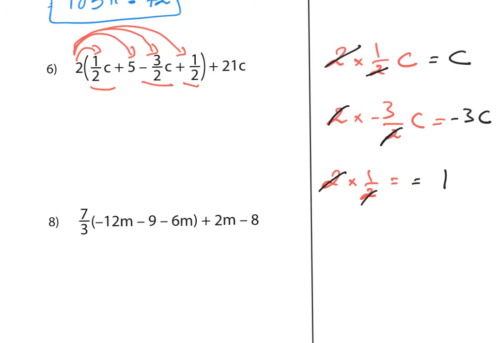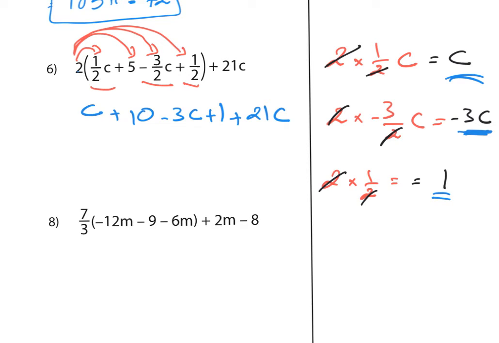So let's do this one here. We have 2 times 1 over 2c, as we got here. That's going to be c, right? And 2 times 5 would be 10. That's easy, right? 2 times negative 3 over 2c, that would be negative 3c, like what we got here, right? And 2 times 1 over 2, that would be 1,